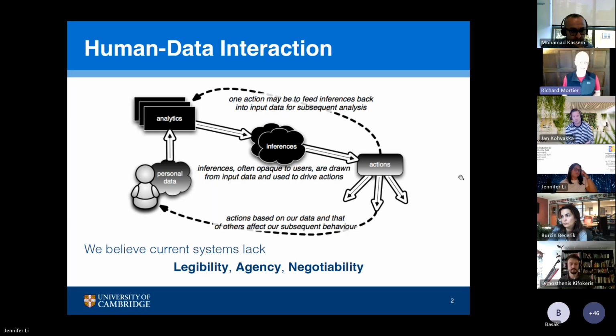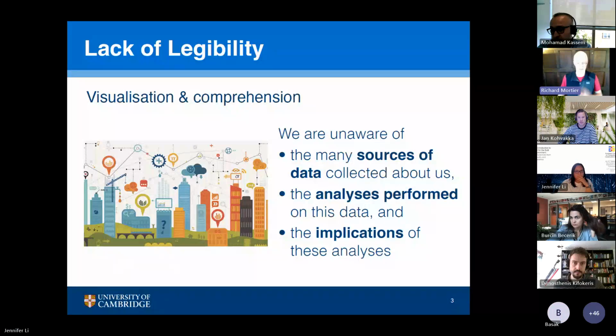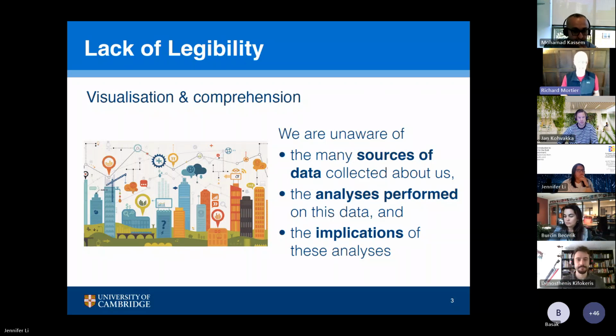If we could go to the next slide, please. Sorry, Jenny, could we go to the next slide, please? Is it not? Not on my screen, I'm on slide 3 with lack of legibility. Do you not see that? I don't. Mohammed, can you put your thumb up if you can see slide 3? Maybe if I stop sharing and then start again. Yes, I can see lack of legibility. Yeah. You can. Okay, that's fine. I have the slides here on another window, so I'll just ignore what I'm seeing on the Teams chat. So as long as everybody can see slide 3, lack of legibility.